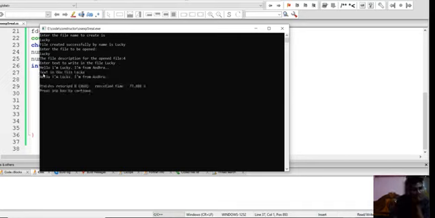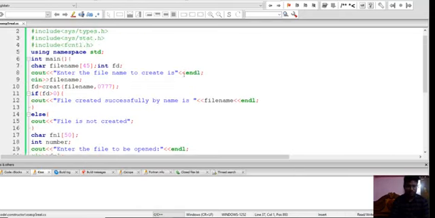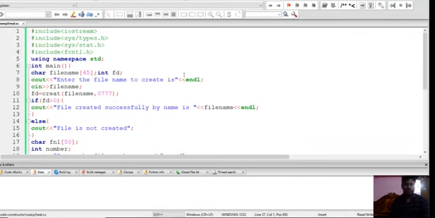After testing the file, I got the text in the file: hello, I am lucky, I am from Andhra. And the program returned automatically because we gave the close method, so it returns automatically. And this is all about system calls. Thank you.